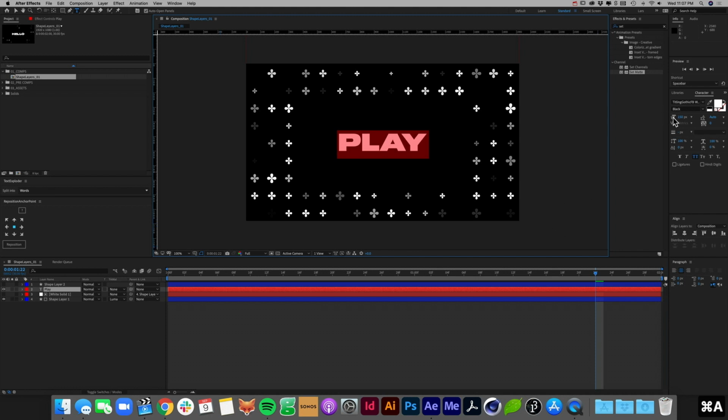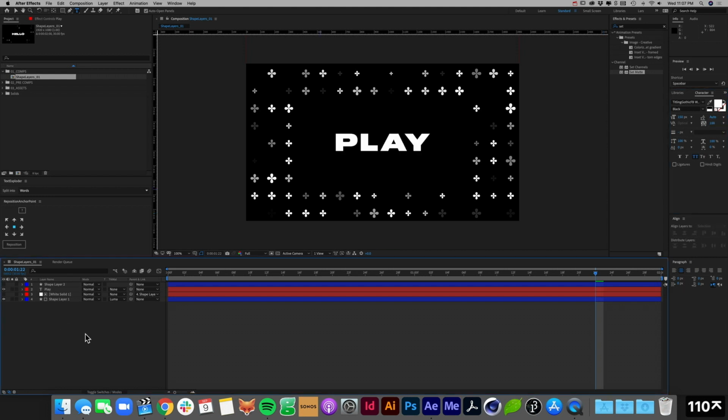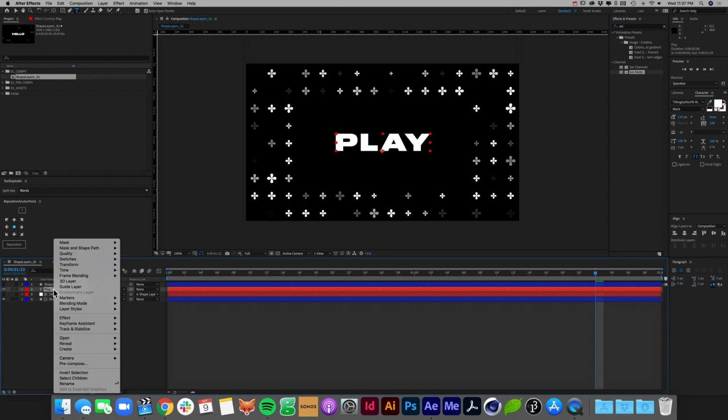I think this will be better. I'm gonna adjust my kerning because it looks terrible, just to give me a little bit more space. That's a little better. And now I am going to right click on my type layer and click create